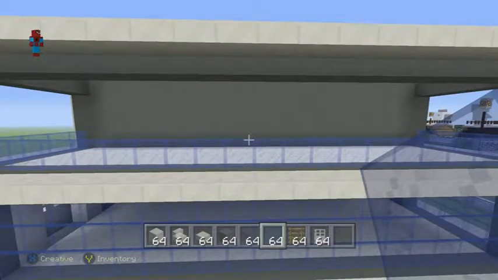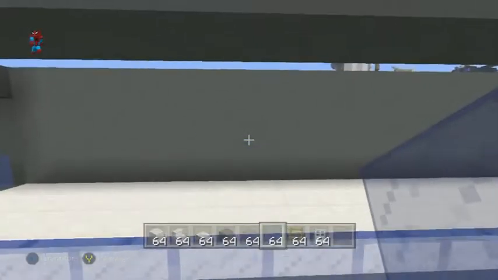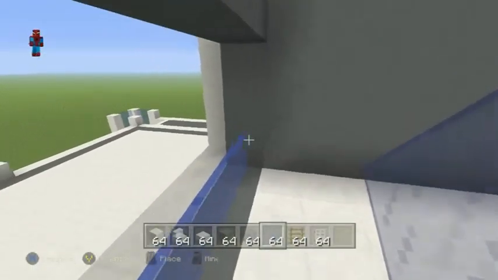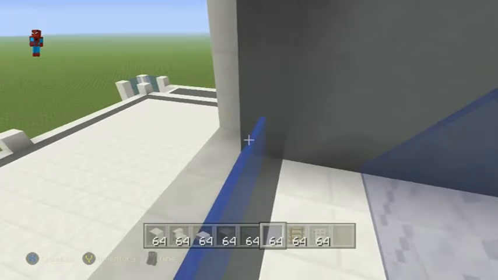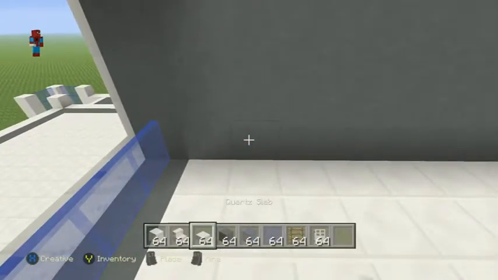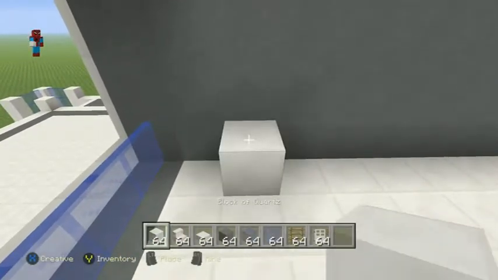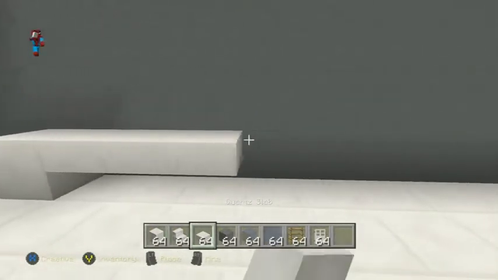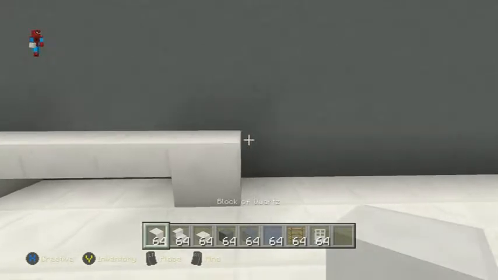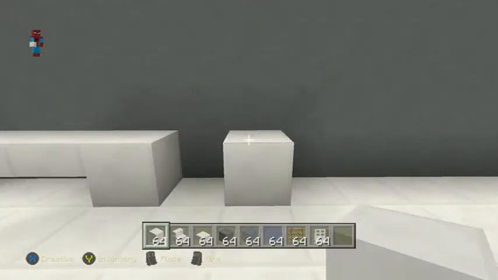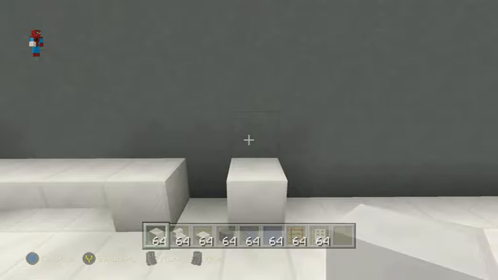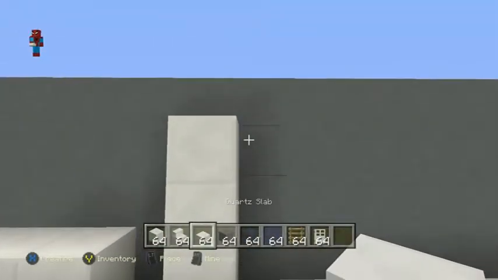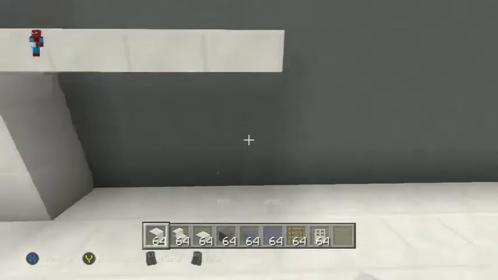The easiest way to do it is if we start on the left-hand side of the balcony here, and we go right of this glass pane, and we leave a gap of 1, and then place a block of quartz, then place a row of 3 quartz slab going right, 1, 2, 3, block of quartz, leave a gap of 1, block of quartz, extend that block of quartz upwards by 2, 1, 2, and then to the right by 4, 1, 2, 3, 4,